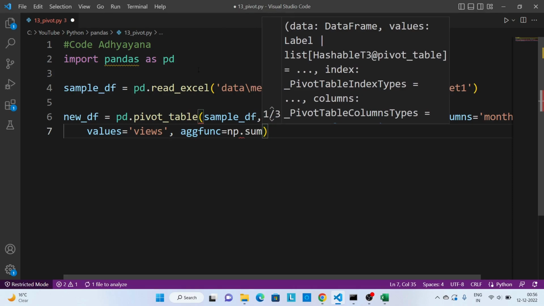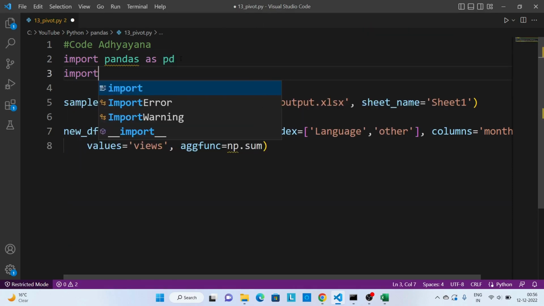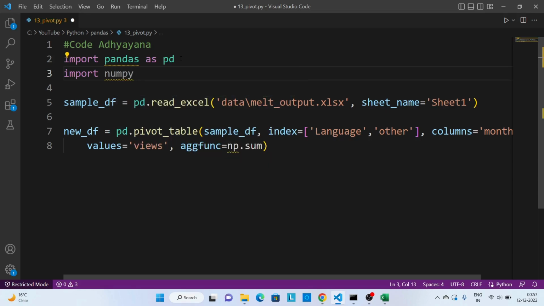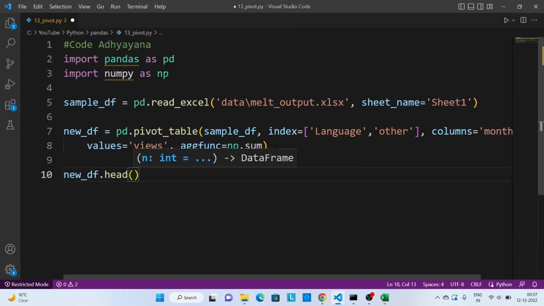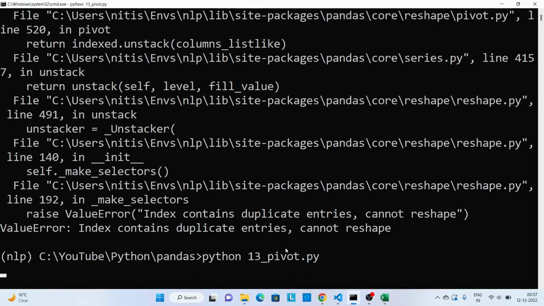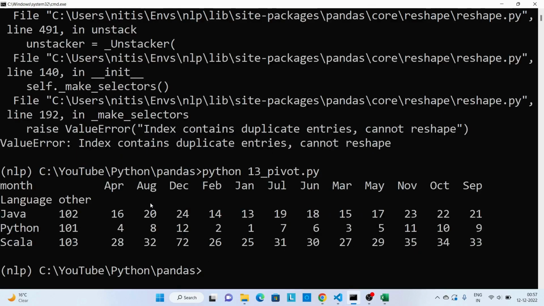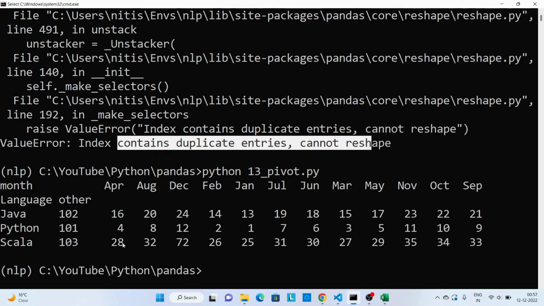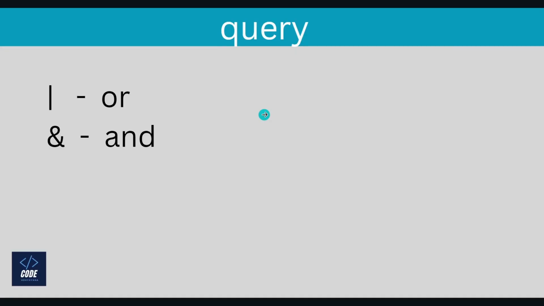So I will use numpy sum, and over here I will import numpy, so import numpy as np. Save this code. Let's print this data. Now let's re-execute this code, and this time the duplicate issue is not there. We got the output.